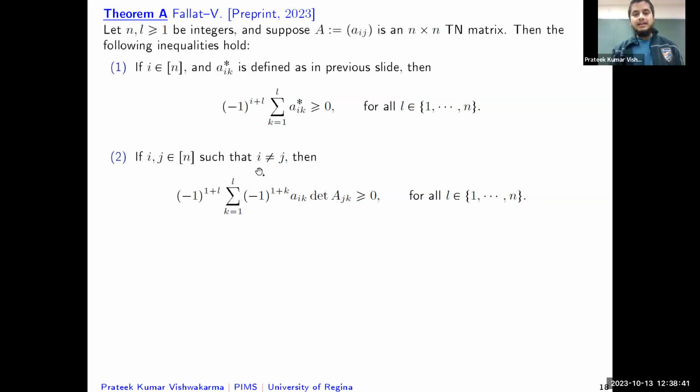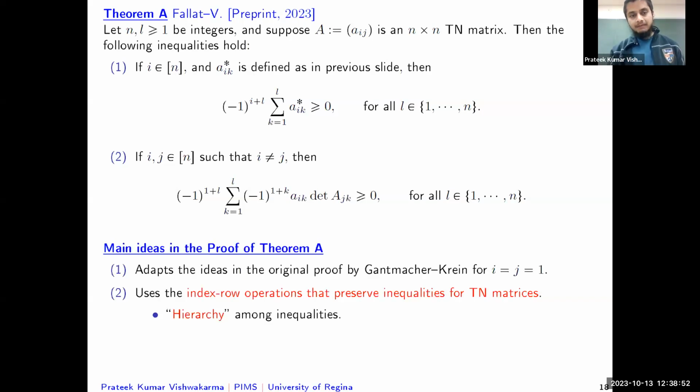And mind you, for i not equal to j cases, we don't have to worry about the extra determinant term on the right hand side, because the right hand side is already 0. And now, in the interest of time, we won't be able to discuss the proof of these results. However, let me just talk about them anyway, briefly. So, to prove the first set of inequalities in this theorem, we simply had to first conjecture or observe the right kind of inequality that was happening there, and after that, we simply had to adapt the original proof by